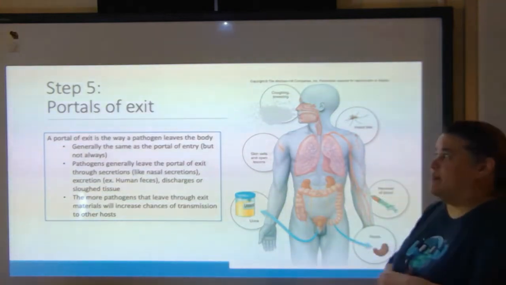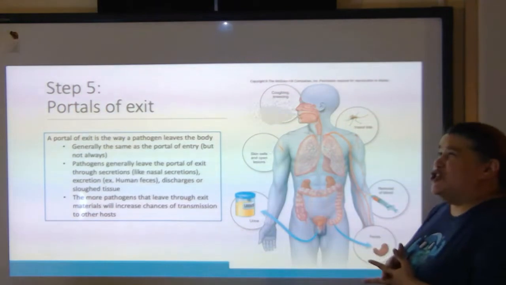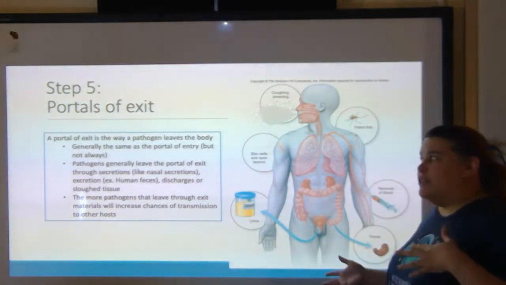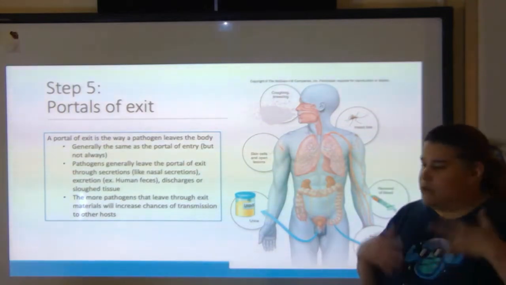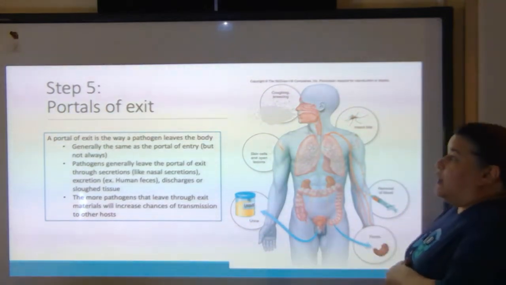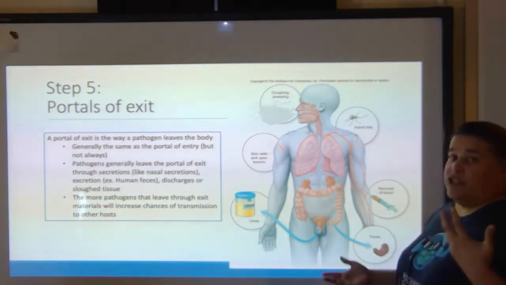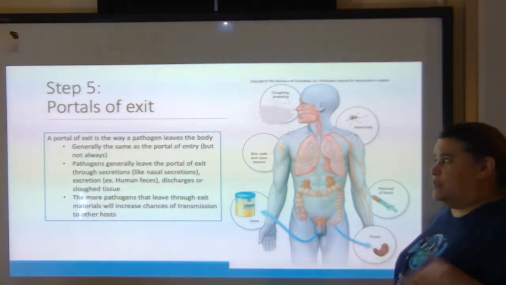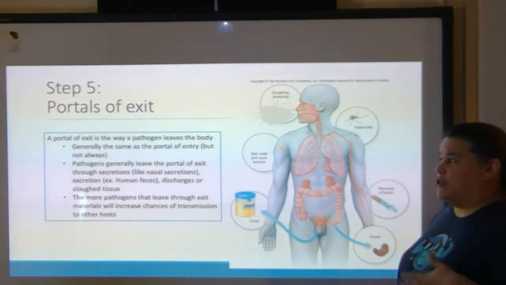Portals of exit. How do I get out of the body if I've infected somebody? Generally, they're going to be the same as the portal of entry, but science, so not always. Pathogens generally leave the portal of exit through secretions like nasal secretions, excretions, things like human feces, discharges, or even